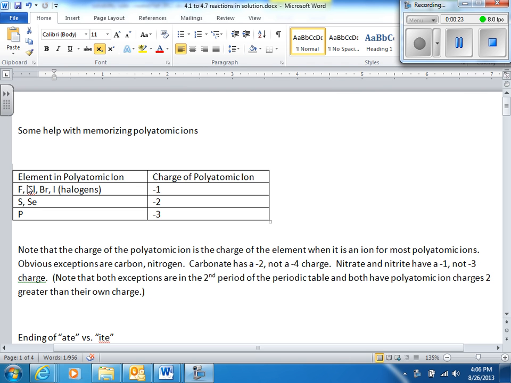If fluorine, chlorine, bromine, or iodine, those are the halogens in the periodic table, there's another one, but just for these, are in a polyatomic ion, the charge of the polyatomic ion is going to be -1. For selenium, the charge will be -2, and for phosphorus, the charge will be -3. Now this is interesting because